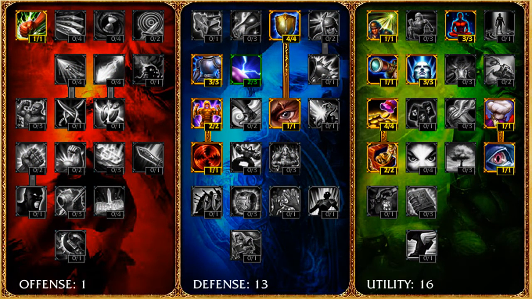Some things will change. Not sure why on the magic resist it's blacked out, but there's 2 points in that. So it's a 1, 13, 16 page. Now, one quick thing to note about this, if you are not taking exhaust, take the 1 point out of offense, and either, depending on if you're ranged or if you're melee, if you're ranged, you could put it in